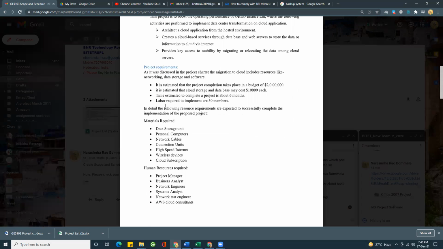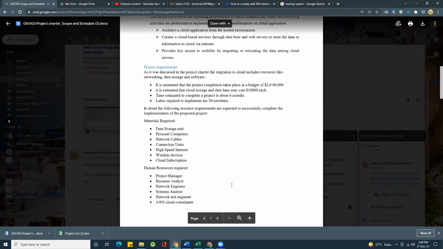Next, updating the key requirements. Maybe you already have written some basic details of project requirements. So now we classify it into 3 to 4 parts. First one is budget. Second one is time, then material resources and human resources. This is the example of creating a data center. So you just follow this example and write your project requirements. First, speak about financial requirements, how much money is required. Then speak about time requirement, how long it takes to complete the project. Then you speak about material resources and human resources. By this, your project will be complete.